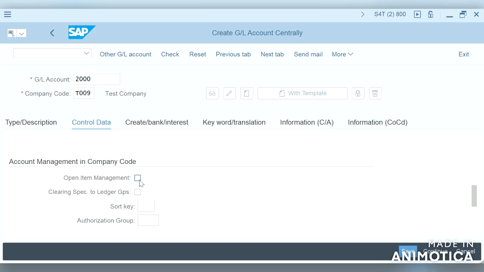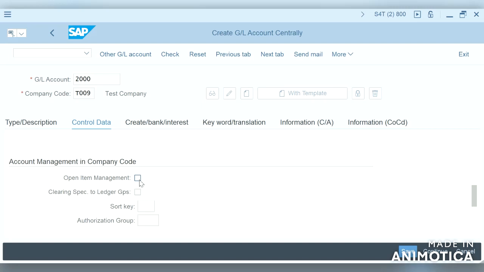So FBL3N, FBL5N, FBL1N, these are all the open item management reports for GLs, customers and vendors. But we still don't need to select this flag for a reconciliation account type. Line items would be tracked automatically.